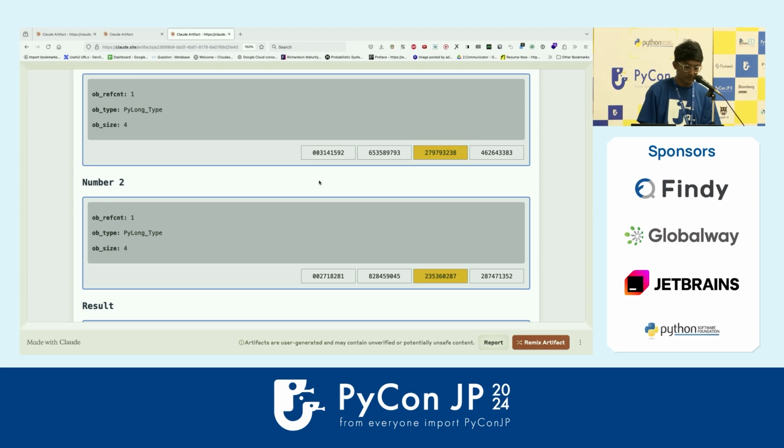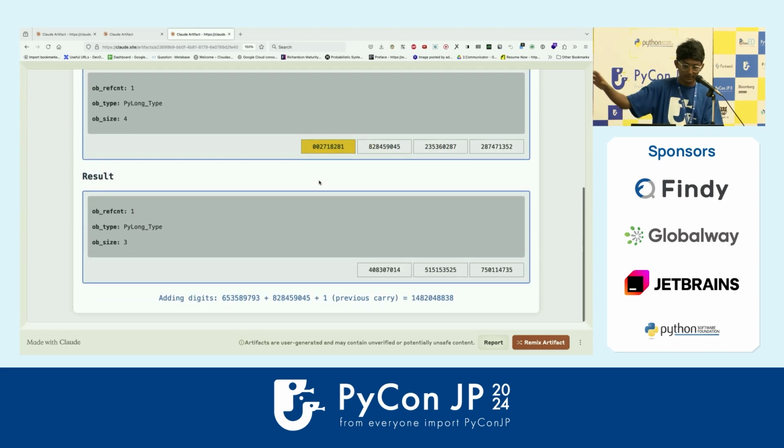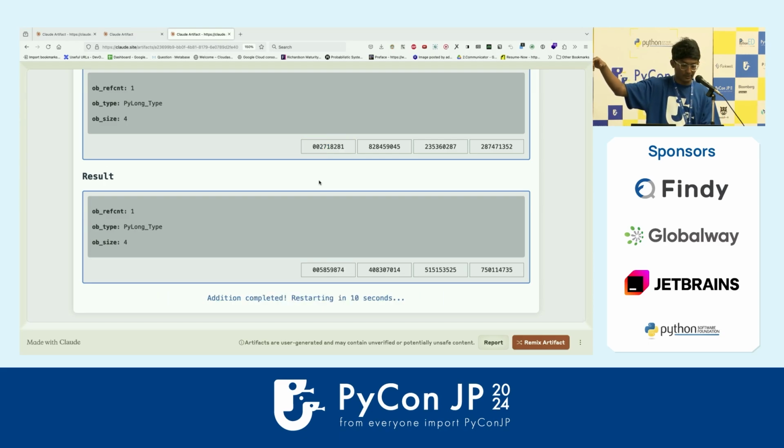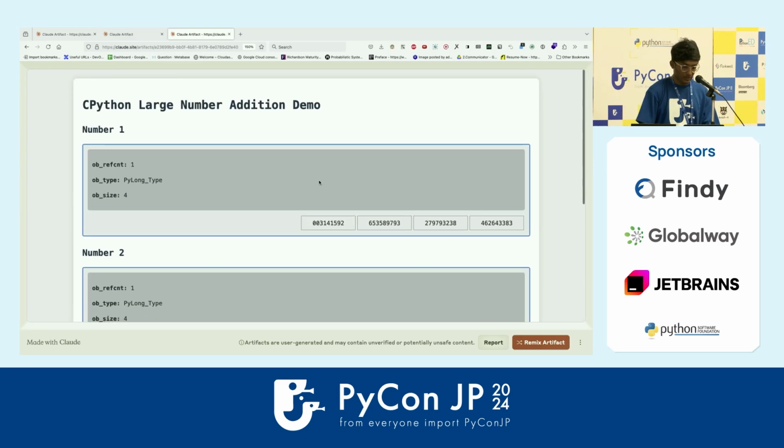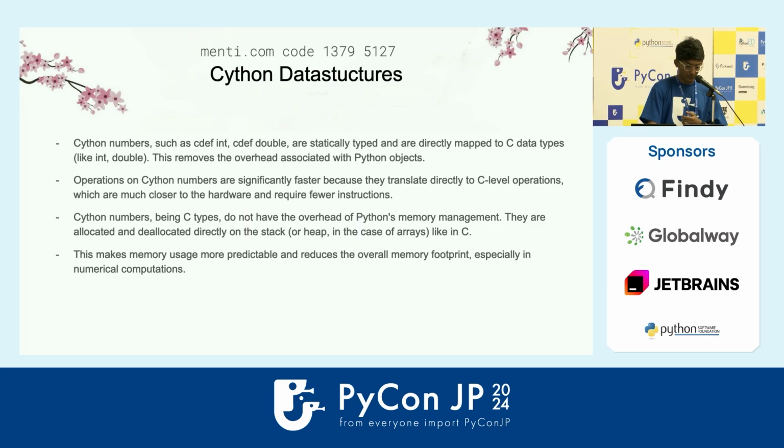Again, it makes things slower, but sometimes it is needed. And you can see the results, like it's taking from the previous carry and then adding. So it's doing this addition. And I made this using Claude's artifacts. Okay, so you need to do so many things in Python in the background.